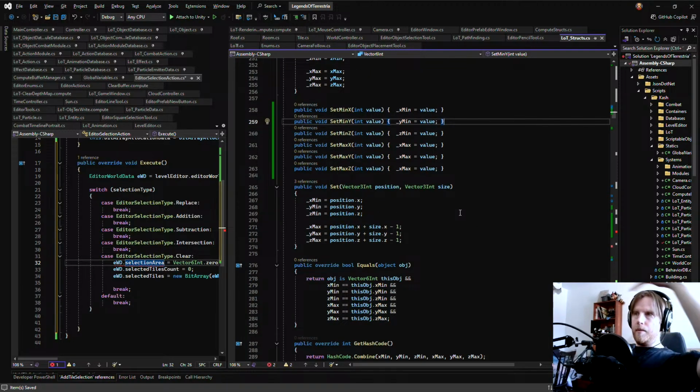Yeah, it contains a minimum and a maximum. Okay. It's not size.